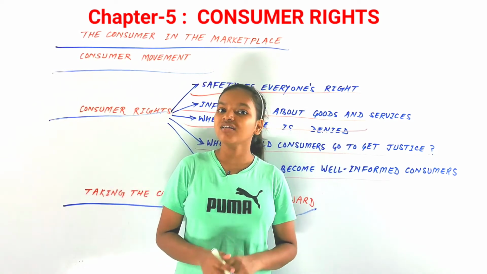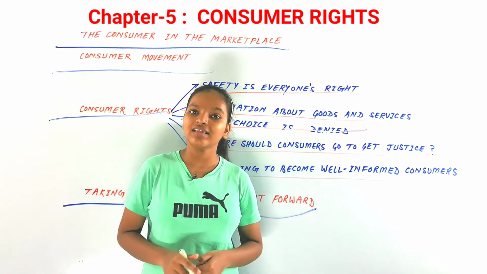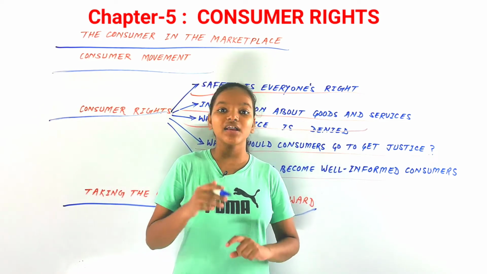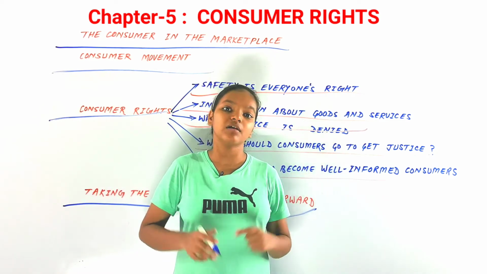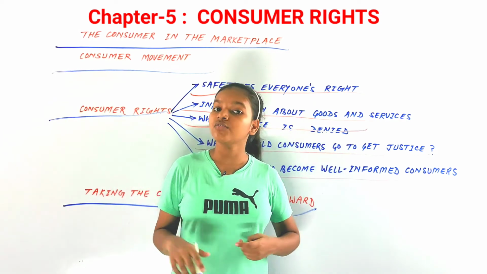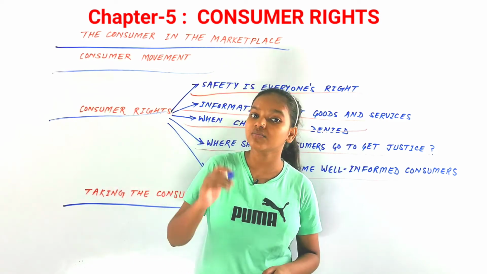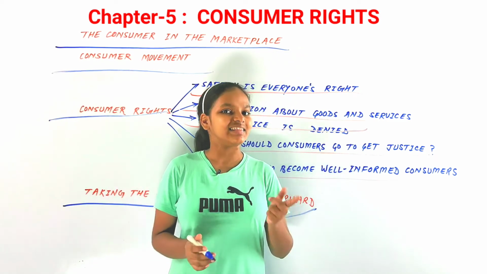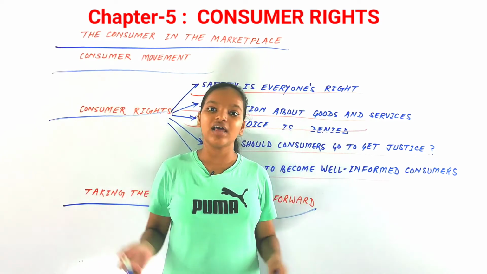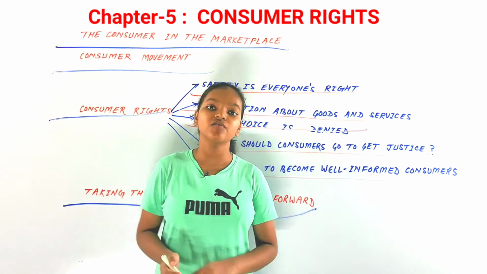But there are some defects in this consumer movement as well. It is spreading, but very slowly. There are many things that must be done by citizens, by consumers, by the government, by everyone in the country. Consumers themselves have to be voluntary in these movements and be aware, and only then can it move forward. We have to spread it to everyone, to the next generations as well,